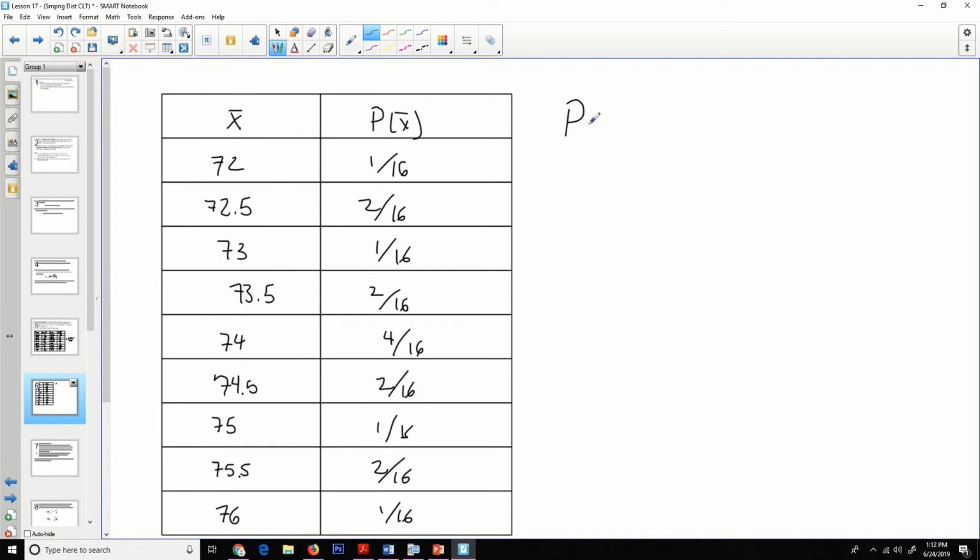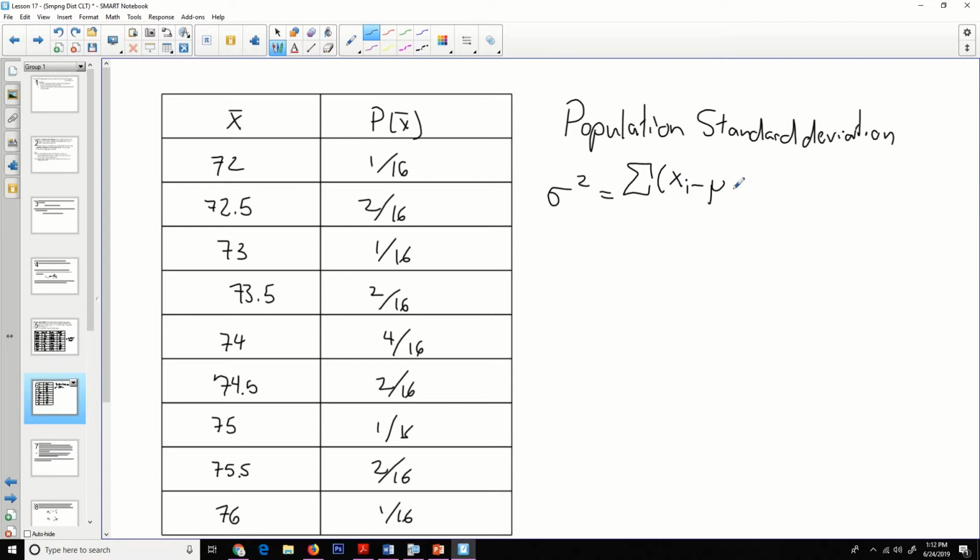The population standard deviation has an equation. Well, if we find the variance, so the variance is the standard deviation squared, which is the sum of the individual x values minus the mean, squared, all over the population size. All right, so